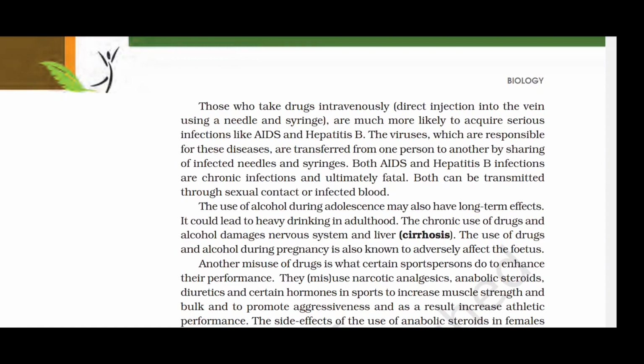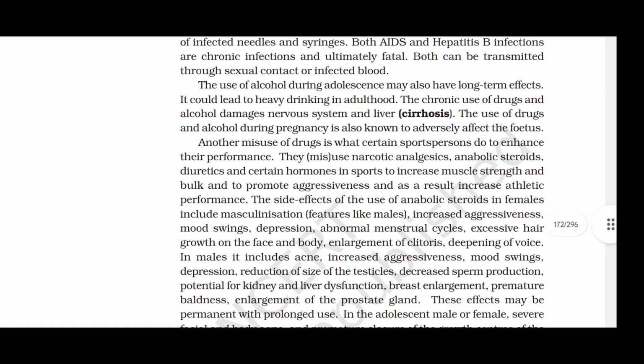The use of alcohol during adolescence may also have long term effects. It could lead to heavy drinking in adulthood. The chronic use of drugs and alcohol damages the nervous system and causes liver cirrhosis. The use of drugs and alcohol during pregnancy is also known to adversely affect the fetus. Another misuse of drugs is what certain sports persons do to enhance their performance. They misuse narcotic analgesics, anabolic steroids, diuretics, and certain hormones in sports to increase muscle strength and bulk and to promote aggressiveness and as a result increase